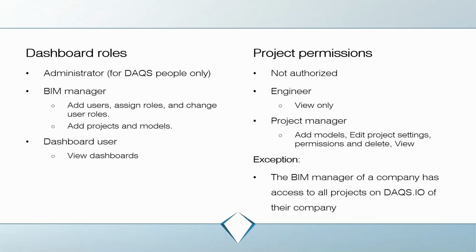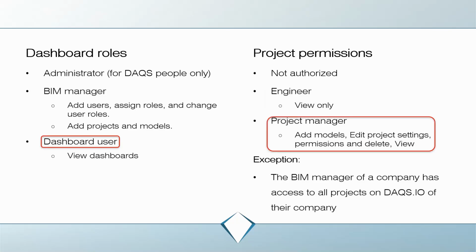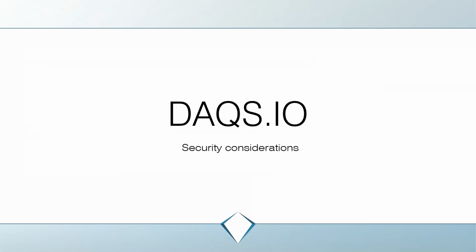The DAQS.io BIM manager appoints a dashboard user with the permission of a project manager for a specific project. This way, this person with these permissions can take care of adding more people to the project with either engineer or project manager permission. It is important to understand that a person with the BIM manager role on DAQS.io cannot add a sensitive BIM 360